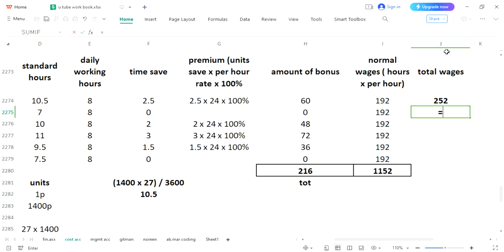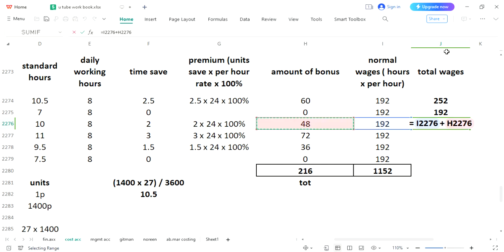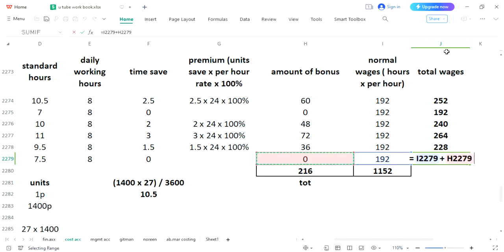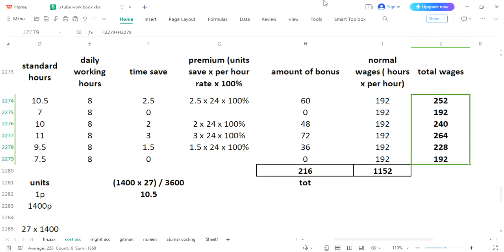You will do the same: normal salary 192, add bonus for the second day, normal salary 192, add bonus 48, wages 192, bonus 72, next day wages 192, add bonus 36, next day 192 wages, add bonus 0. In this way you have calculated your daily wages including your amount of bonus,